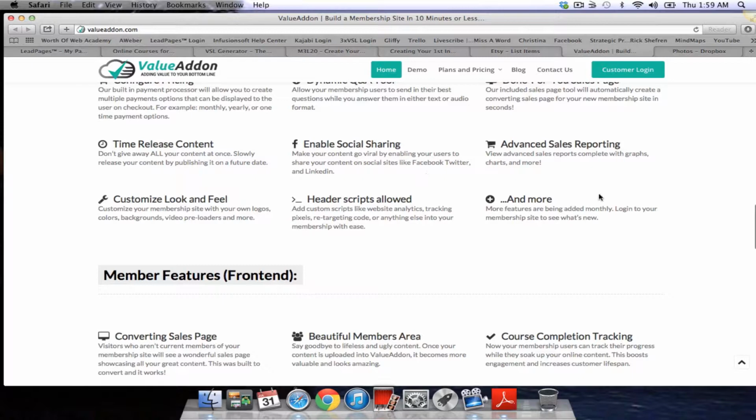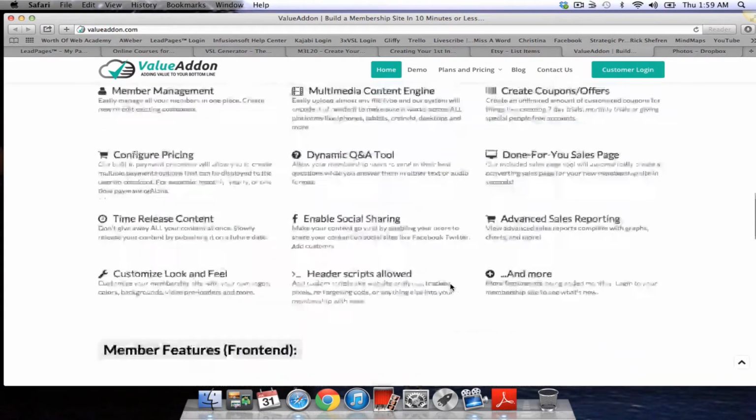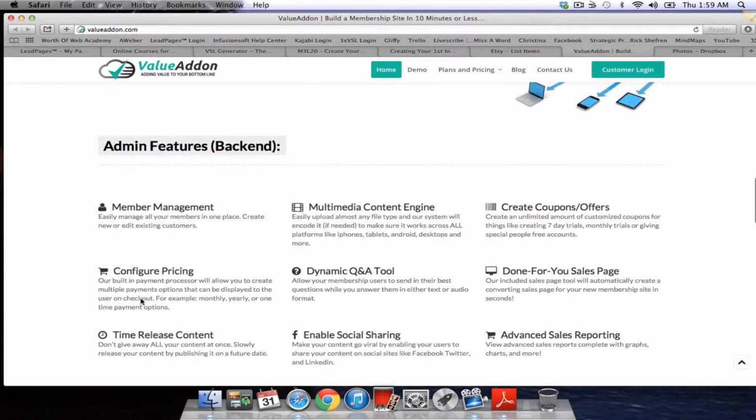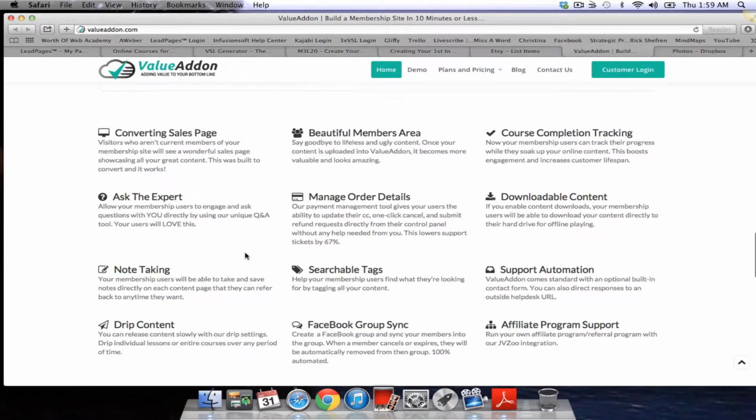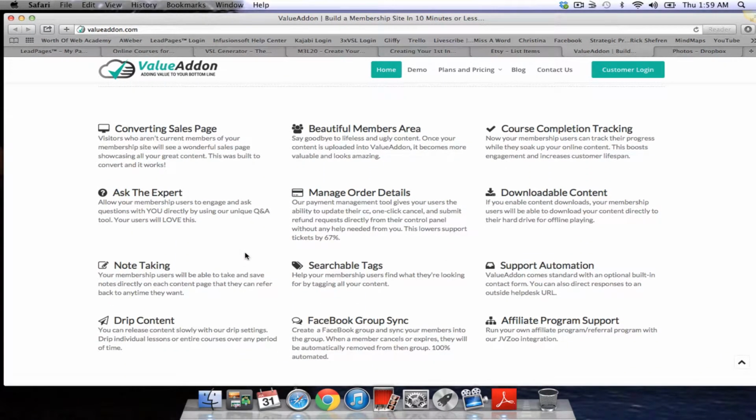Social sharing, sales reporting, customized look and feel, okay? And then that's the back end. This is all the admin features of the back end, and the front end is what the members see once they pay. After they are on the payment processing page, give their credit card information, and that's successful, they will receive their login credentials in the next email,